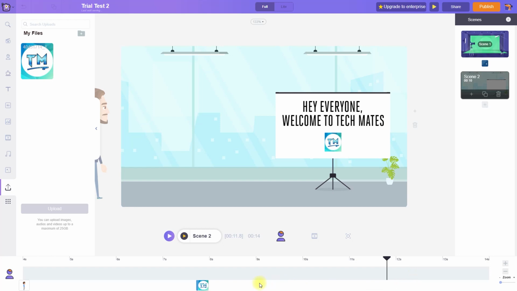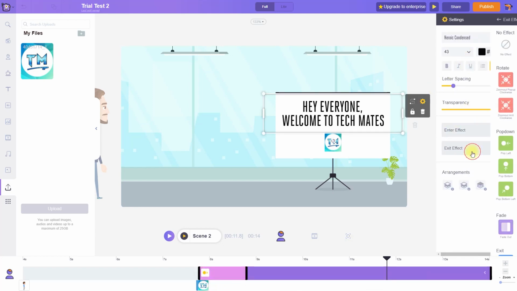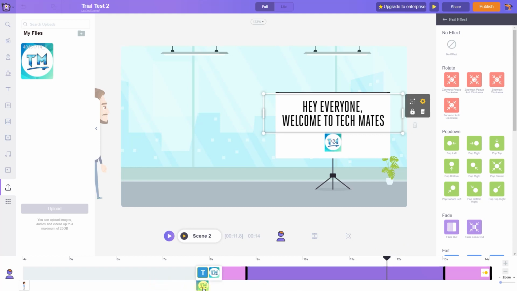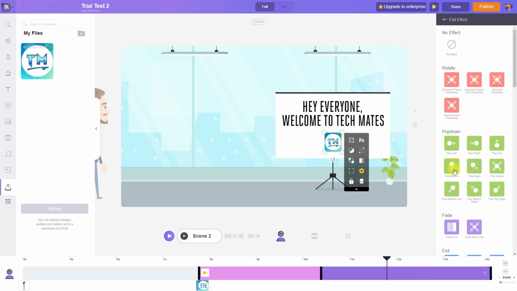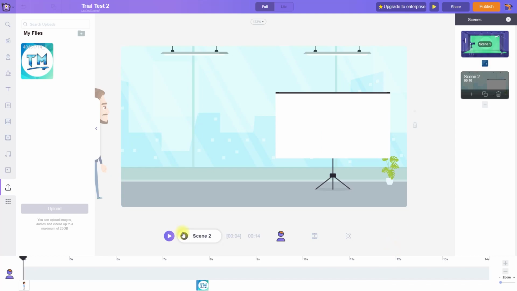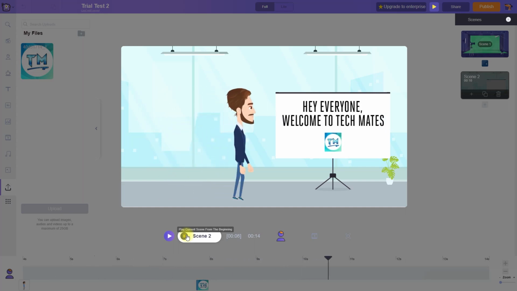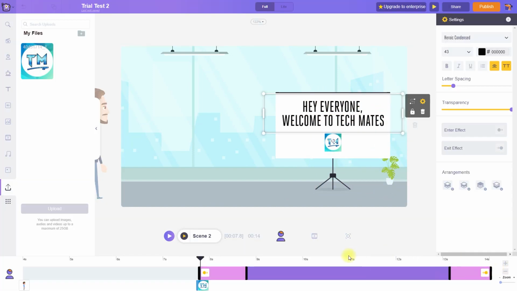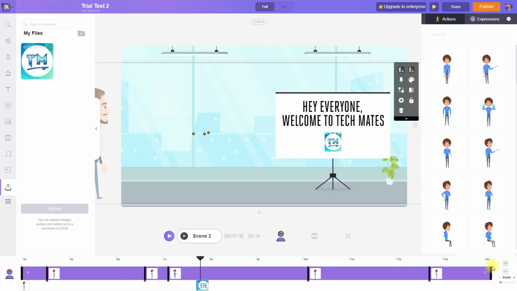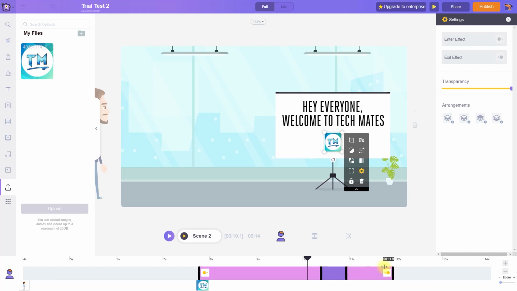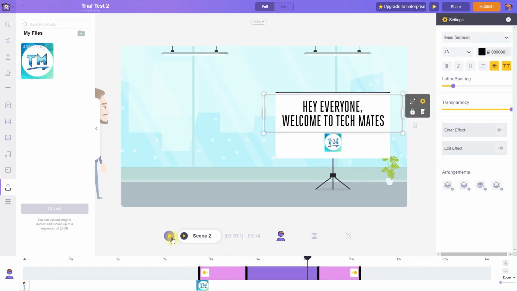Now let's add the exit effects. So I'll click on the element, exit effect, and I want it to pop right. Same with the icon, yeah, exit effect, pop right. Now I have completed the scene. Let's check. Now I want the text to exit the scene as soon as the character stops talking. So I will decrease this time. I check the character's time first. So it is exiting at 10.2 seconds. Now I'll exit my animations a little late. Now let's see how our animation goes.